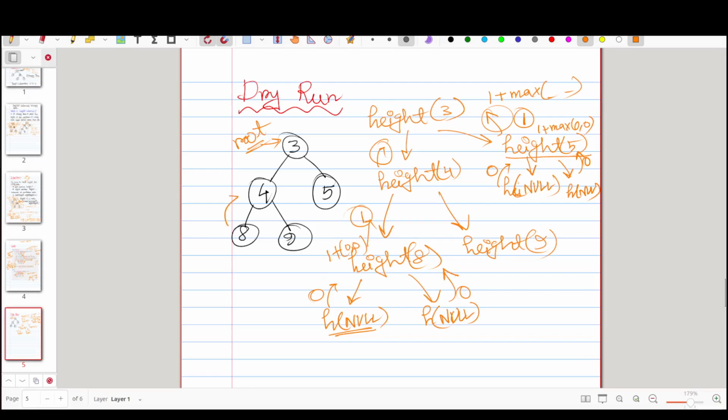I will write over here that it will return 1. Similarly, 9 also tries to access its left pointer, that is h of null, and the right pointer h of null. I am writing h for short because it is actually height of null and height of null, that means it accesses these nulls. It will hit the base case and return 0, and it will also return 0. Now it will calculate 1 plus max of 0 comma 0, and return the value 1. Now 9 also returns the value 1, and 4 will decide whether it is balanced or